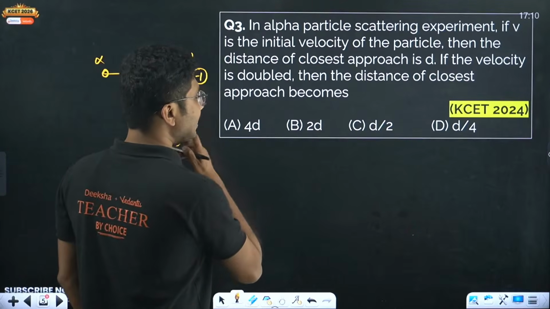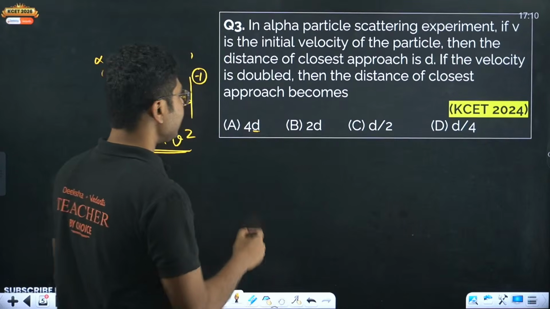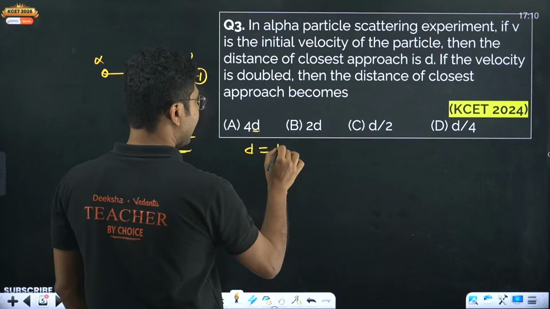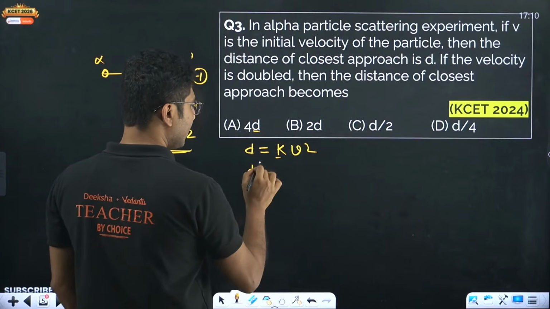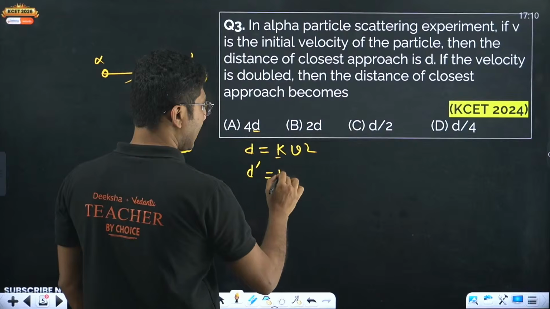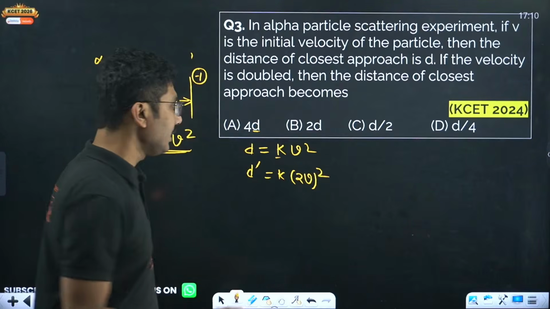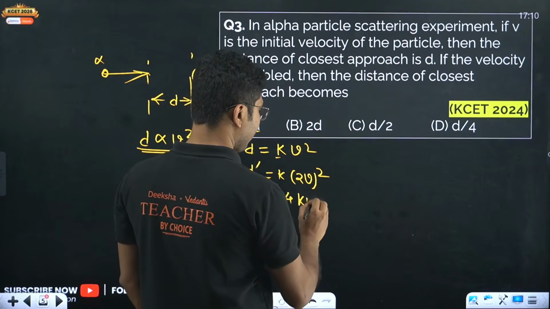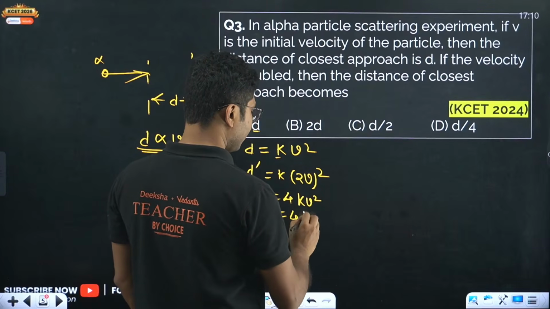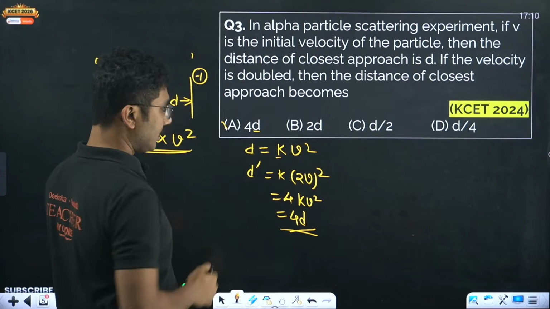So initially the distance was d. Now you have doubled the velocity, so d is equal to k v square, where k is the constant. Now the new distance of closest approach is k into 2v whole square. You have doubled the velocity, so that means it will be 4k v square, that is 4d. So the new distance of closest approach will be 4 times